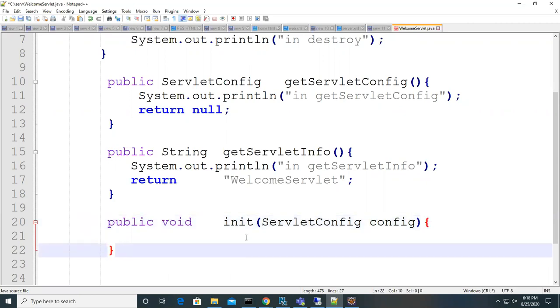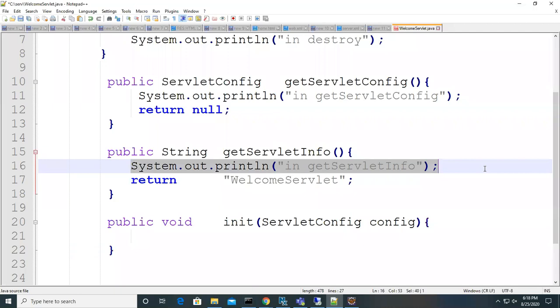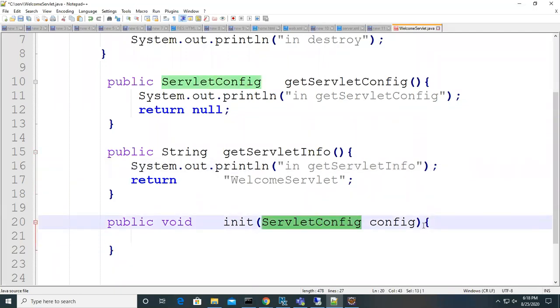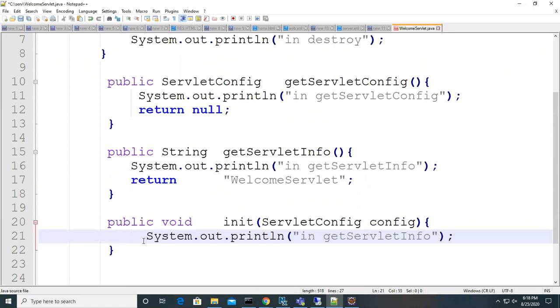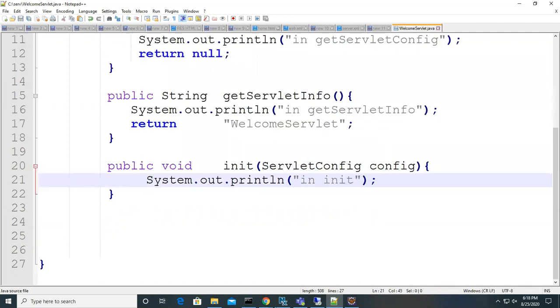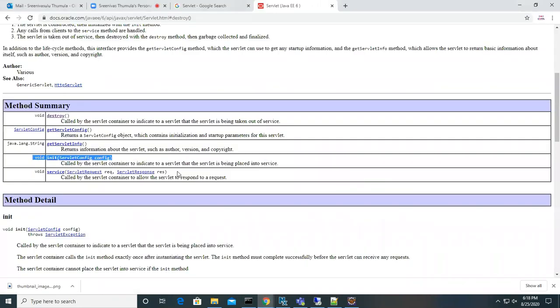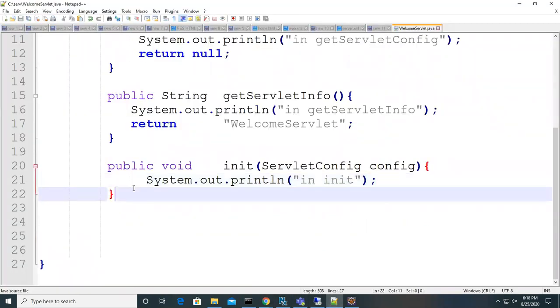So now it is void, no need to return anything, and it takes the input ServletConfig, and I'm just displaying in init method. And here I'm taking this service method.